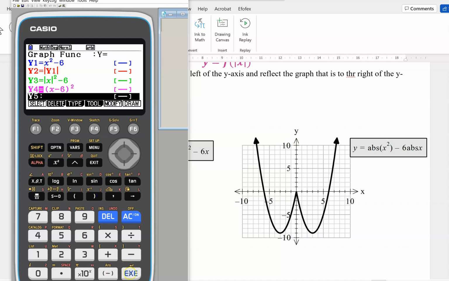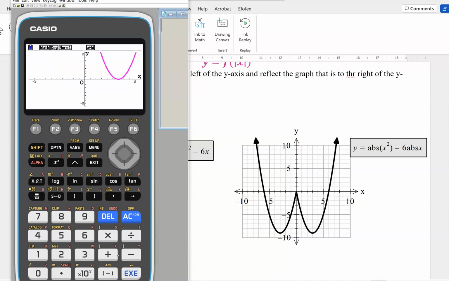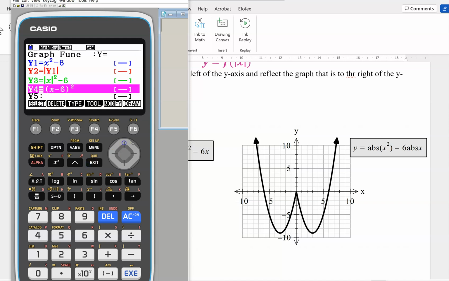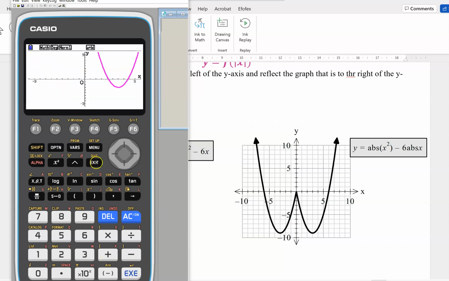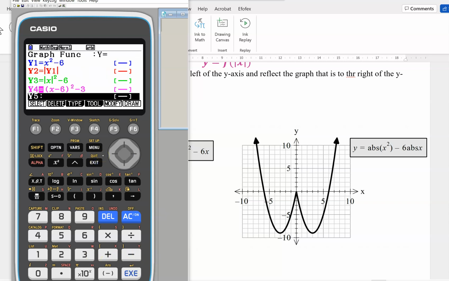Right, so it's now moved to the right. And I guess we could even move it down, can't we? Yeah. Or do you want to move it down? We can move it up or down later on. So let's go down by 3. Okay, so now we press exit, and when we do,